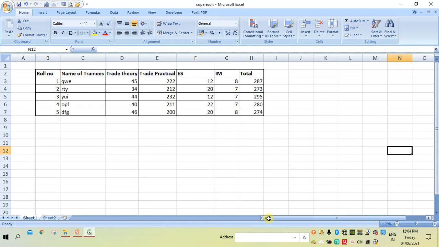To move the column or row from one column to another column, the cut and paste command is used.